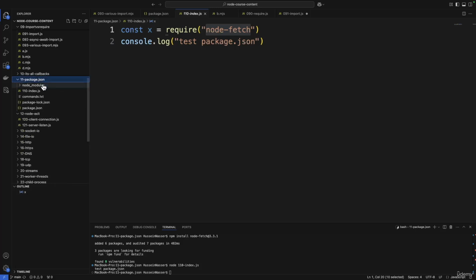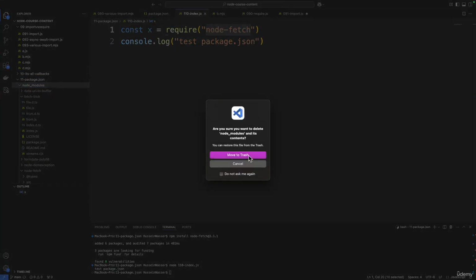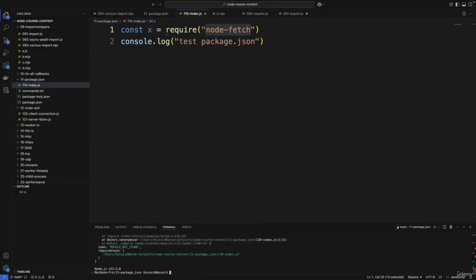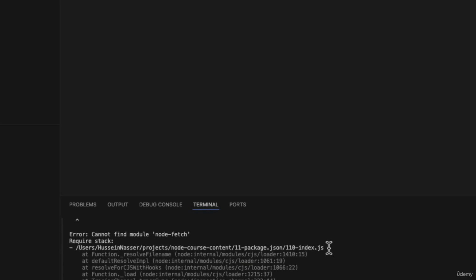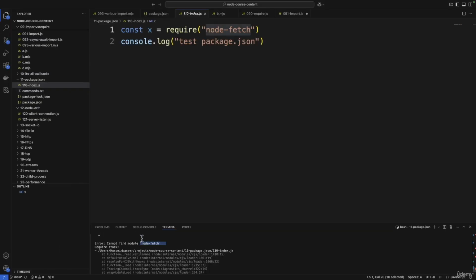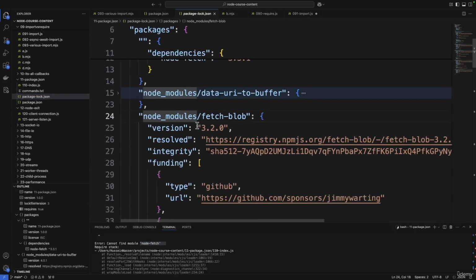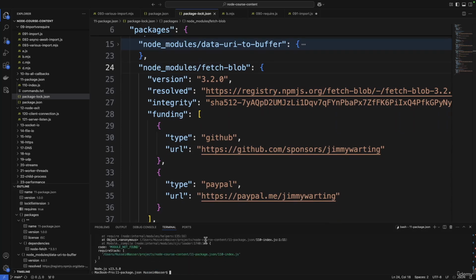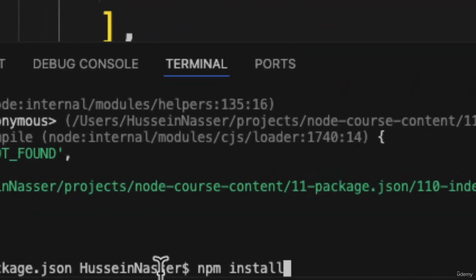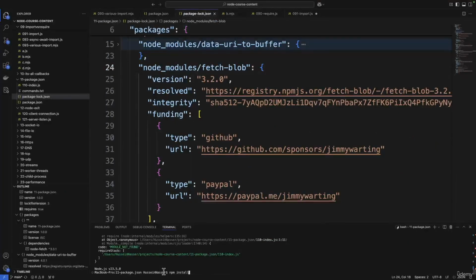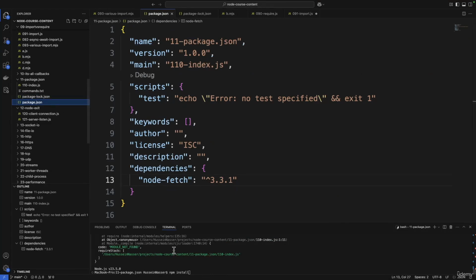So now, if I go and delete node_modules and I run it again, it fails. Naturally, right? Because it could no longer find the node-fetch files, because it's trying to look it up. It says, hey, I looked at node_modules and it's not there. So what do you want me to do? So you can just do npm install this time. Not npm install node-fetch, but npm install without anything, which means, hey, look at my package.json, look at my package-lock.json and follow that pattern.